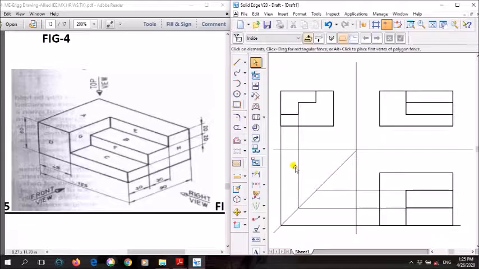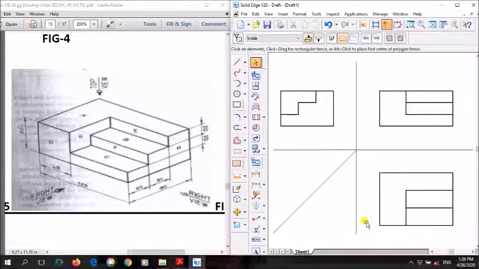Just delete these projection lines later, or you can just rub them out. We don't need them. Why? Because we'll be drawing the dimensions. We'll be showing the dimensions, so these extension lines will mix up with the dimension lines, and it will be very difficult to read the dimensions. For that reason, you just delete all those extension lines.